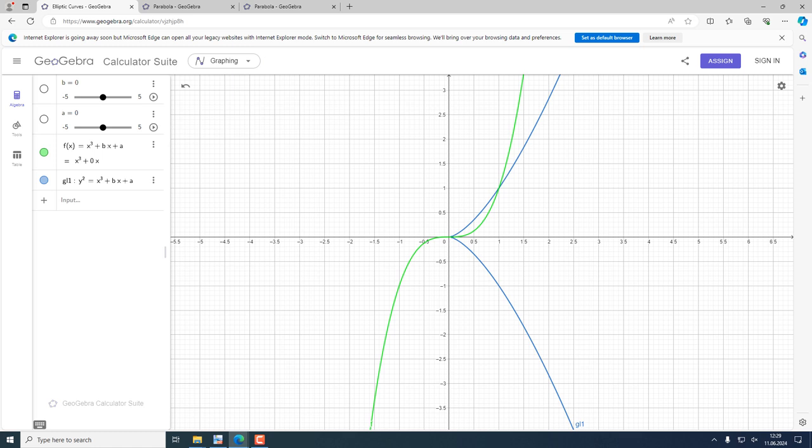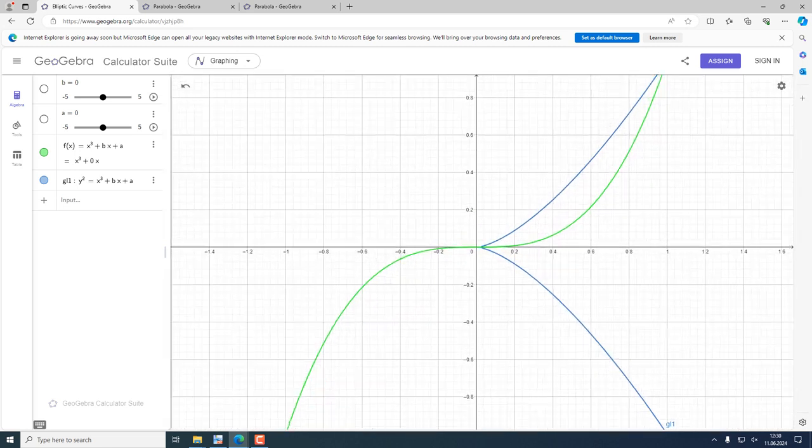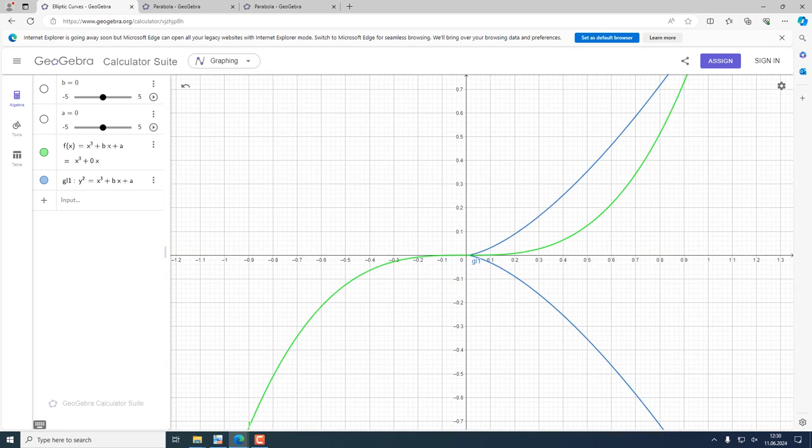So here we see, in this case, zoom in. Here we see the cubic function, which is the green one, and the blue one is the square root of that, obviously. So this function will be x to the power of 3/2 and minus x to the power of 3/2. Now, this is not a very nice function because, whoops,